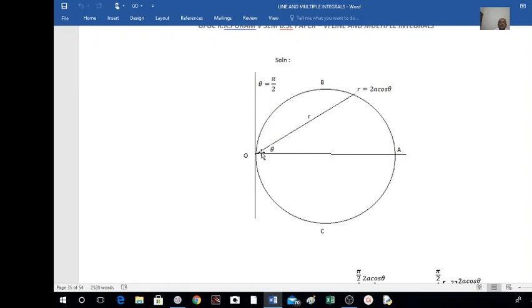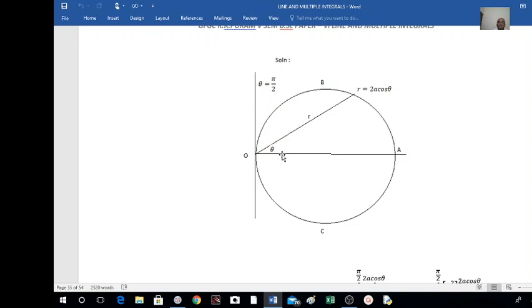Therefore, the x-axis divides the area of this circle exactly into 2 parts. So what we do here is find the area of this portion which is in the first quadrant and multiply this by 2. So the required area of the whole circle is equal to 2 into the area of this half circle. Now, what about the limits of r and theta? r starts here and goes to anywhere on this curve. What is the value of r on this curve? It is equal to 2a cos theta. That means r ranges from 0 to 2a cos theta.